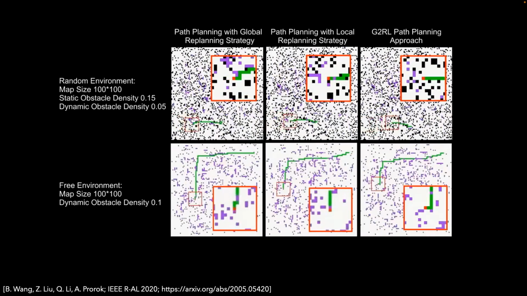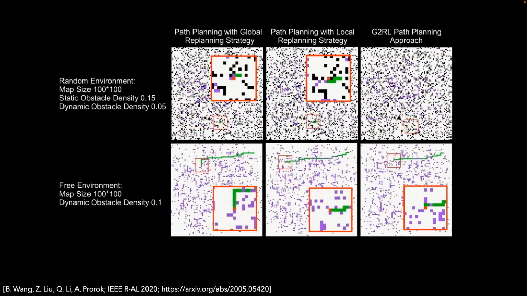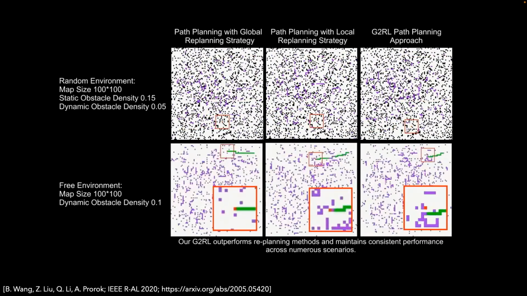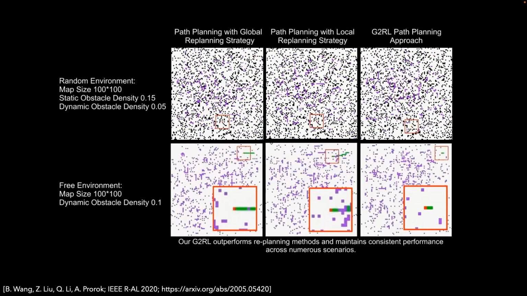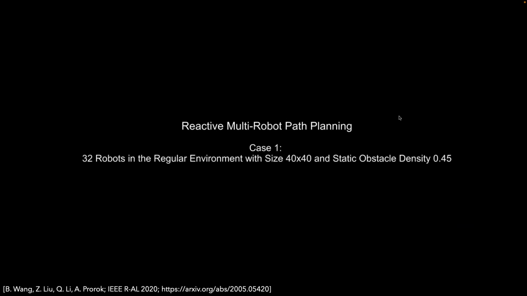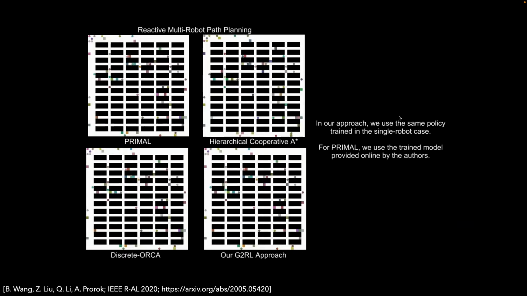And in the next movie clip, you'll actually see our approach being compared to an approach developed by Silver a while ago. Let me see if that plays. Yep, so you have hierarchical cooperative A star, which also has optimality guarantees.